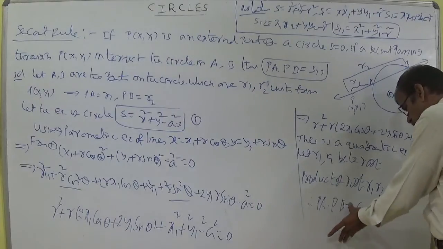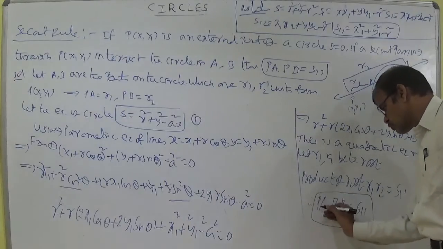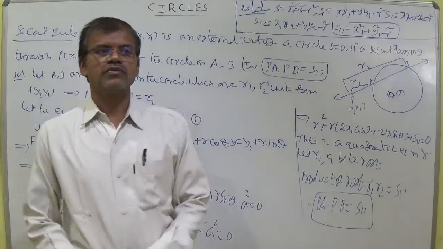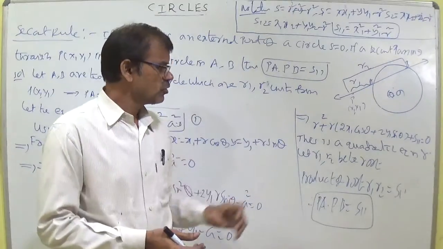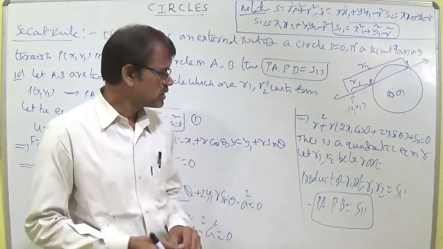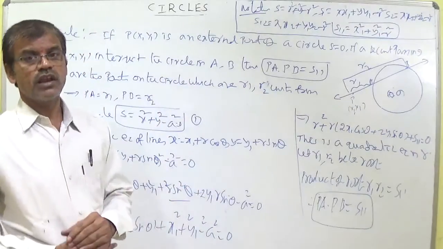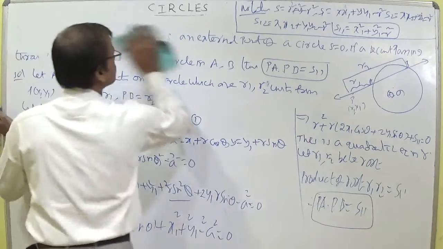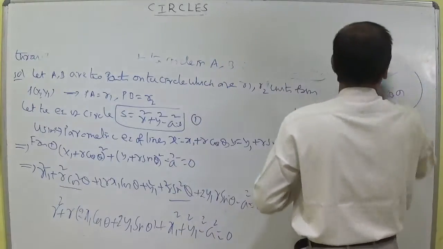Students, this is for objective, I said, the proof. Don't forget the formula. Of course, formula is important. That is why I said the proof also. Formula of secant rule is PA dot PB is equal to S11. Level 1 bits in MSET, you will be getting such models. I think 4 or 5 sums are there, depending upon this formula. Using this secant rule, now we are going to discuss length of tangent formula. PA dot PB is equal to S11, very important.